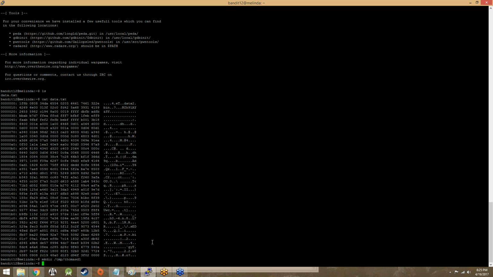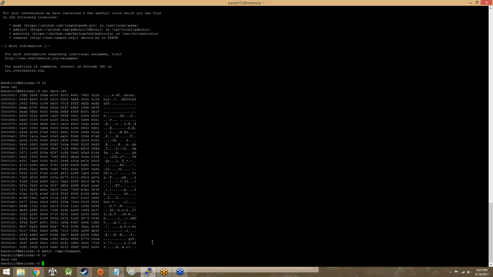So far so good, right? We've created a new directory. We need to move this data.txt file over there, and we can do that with a copy. What copy does is we feed it the original location of a file that we want to copy, in this case our data file, and then the place we want to move it to, including its name when it gets there. Now what we're doing is we're copying this data.txt file to our new temporary file, and we're giving it the same name. If we wanted to, we could call it moved